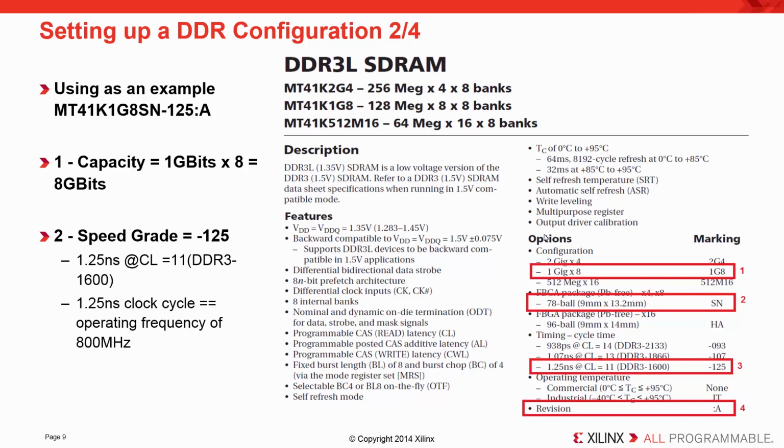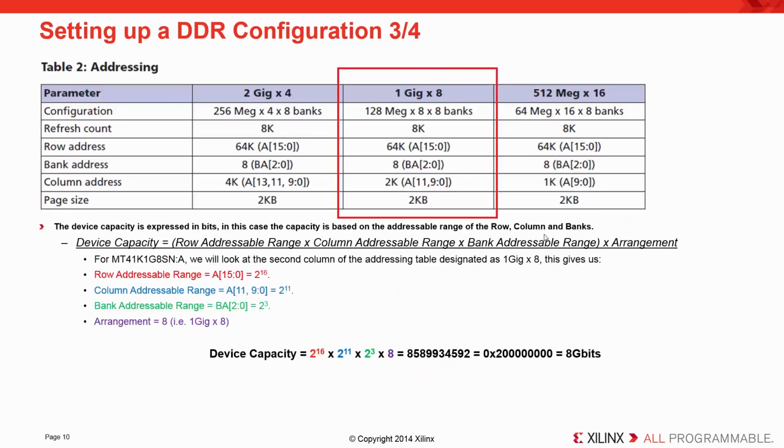Micron's datasheet shows an example part number and how to identify specific information of interest. It is important to understand the addressing scheme. The device capacity is expressed in bits. In this case, the capacity is based on the addressable range of the row, column, and banks. The device capacity is equal to the row addressable range times the column addressable range times the bank addressable range times the arrangement. For the